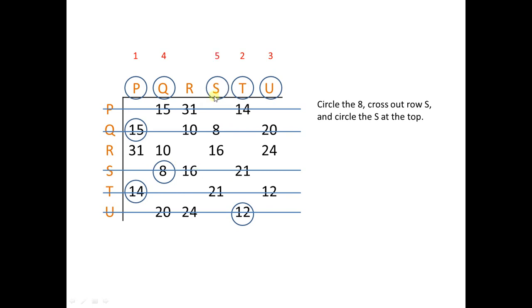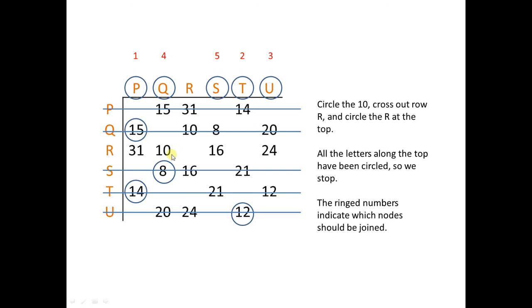Look for the smallest number in these 5 columns, in columns P, Q, S, T and U. The smallest number which is not already crossed out is that 10 over here. Put a circle around the 10, cross out the row that it's in, and put a circle around the R at the top, because I just crossed out row R. Now look at all the numbers, they've all been crossed